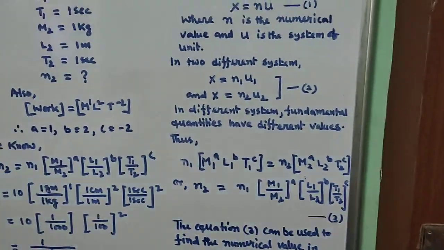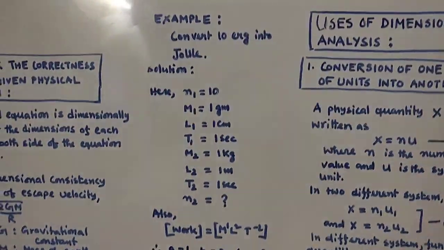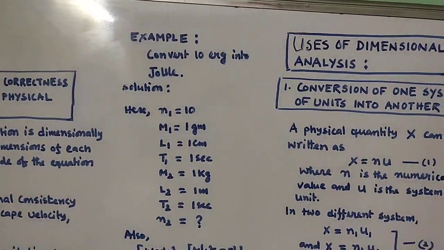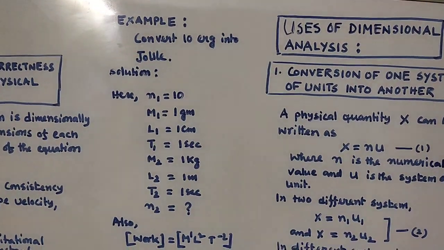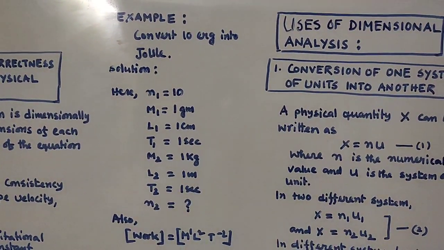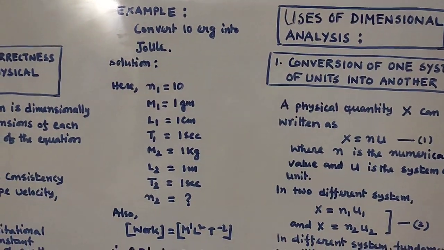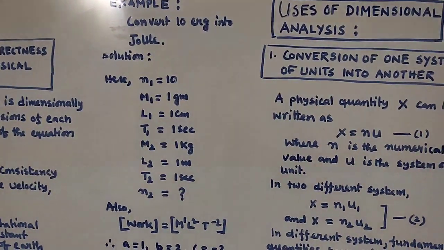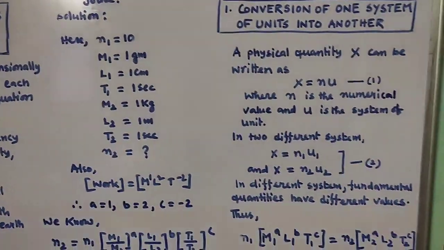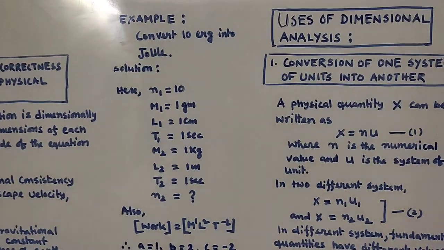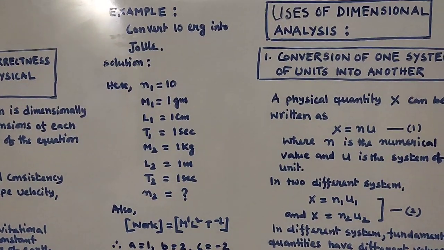So this formula we are going to use in this numerical. Convert 10 erg into joule. So you have to find the numerical value of 10 erg in terms of joule. So let us consider, and one parameter is your known, one in the sense one